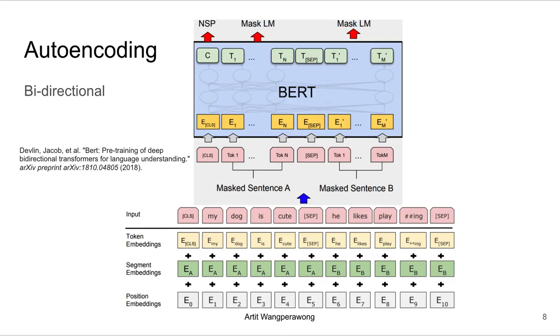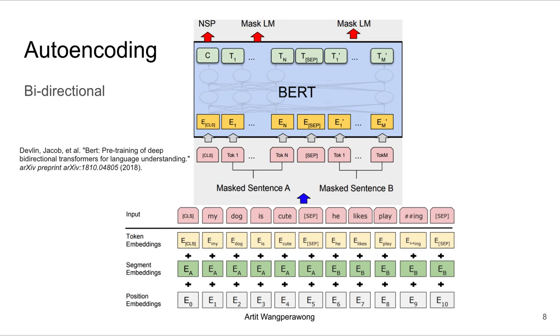Okay, next. Let's talk about different pre-training styles or pre-training approaches. In the first case, we'll talk about auto-encoding pre-training. And the very common example of this, or popular example that has worked well, is BERT. BERT stands for Bidirectional Encoder Representations from Transformers. And the way it works is you start with an input sentence. In this example, it is: my dog is cute. He likes playing. And you can see that with subword tokenization, the "ing" is extracted out as